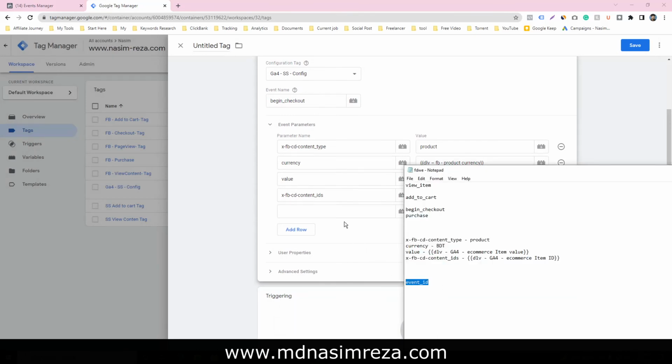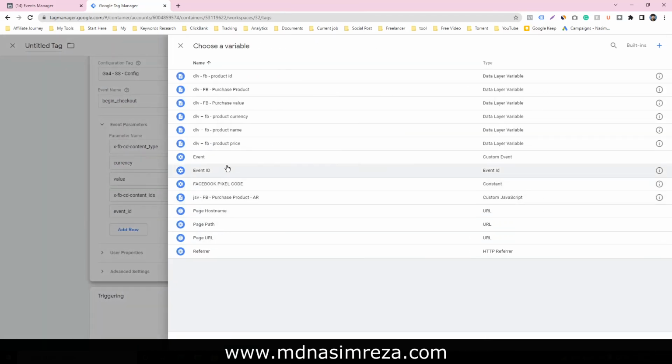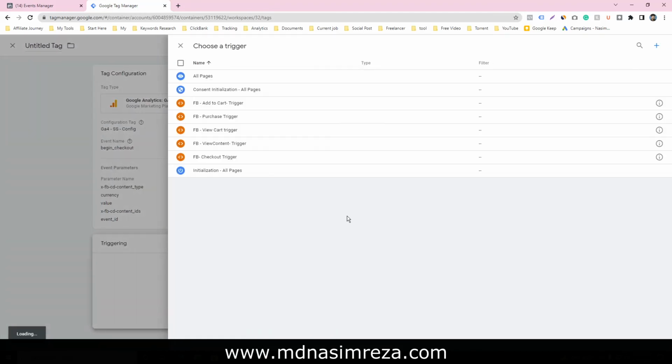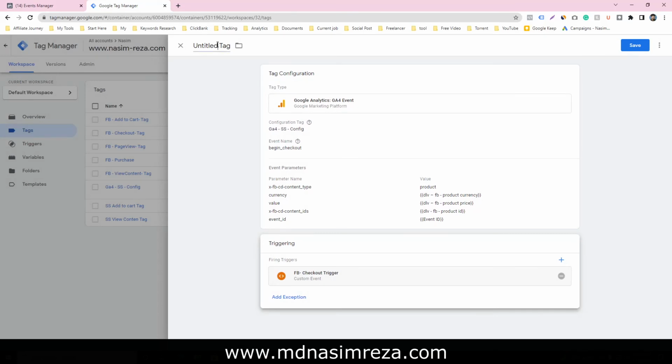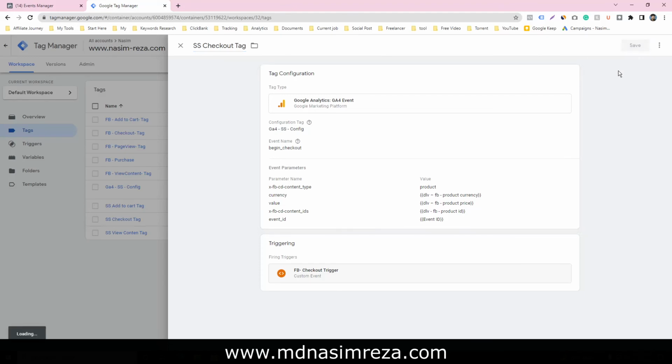Just copy this event ID and select the event ID, and the trigger will be begin checkout. Just input a name here, SS checkout tag, and save it.